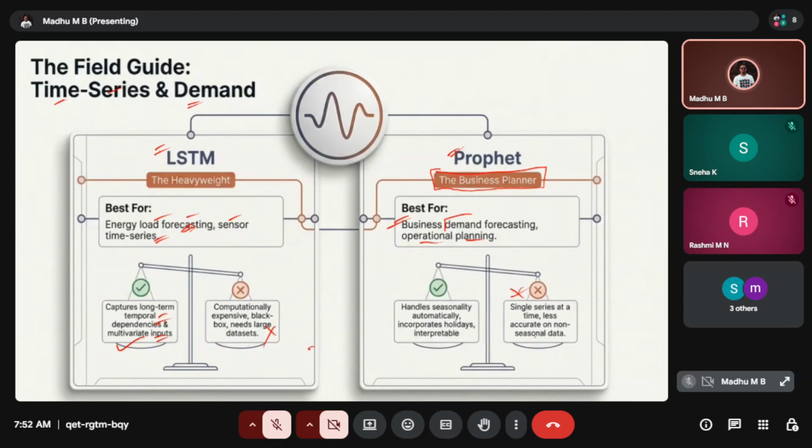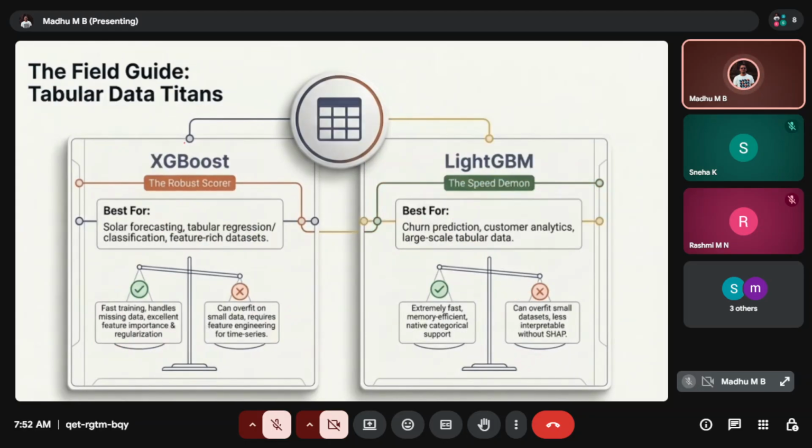And if we have only one time series of data coming in, then it will not be a great model to select either. So when it comes to time series and demand, between the two, LSTM and Prophet, that is what we will be selecting.